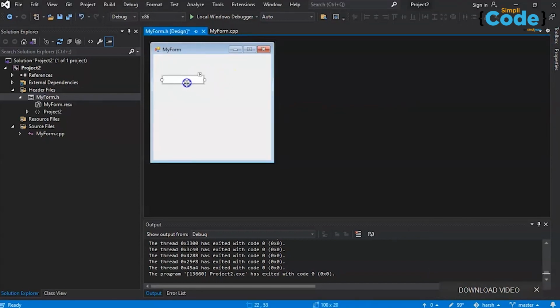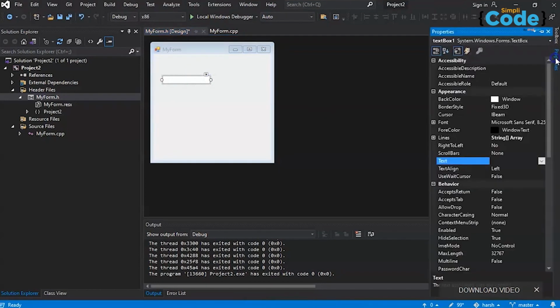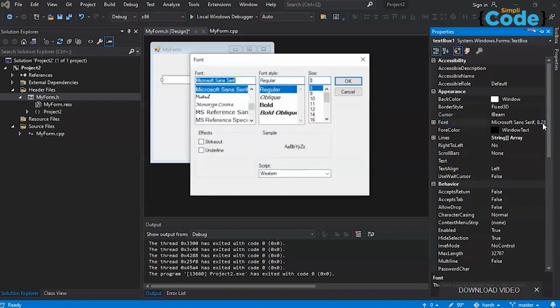Here it is. We have to adjust its formatting. So we'll go to properties and we'll go to font and click on this font. Now let's say adjust it to 22 and make it bold oblique. Yes. Now we'll click on this OK,